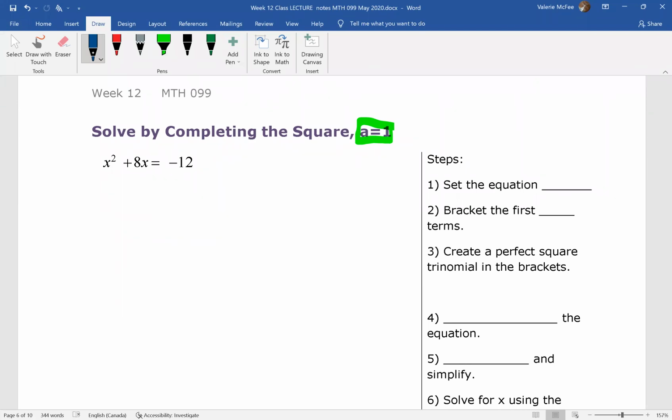All right, so let's do this. The first step is to set the equation to equal 0. So I see here I'm going to have to add 12 to both sides. The second step is to bracket the first two terms. Now we want to create a perfect square trinomial in the brackets. Remember, we just did that. We said you need 2 times a number, and then whatever that number is, we're going to square it. So if I look at this one,